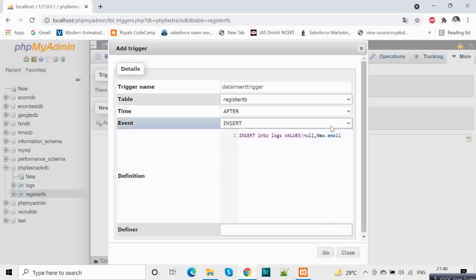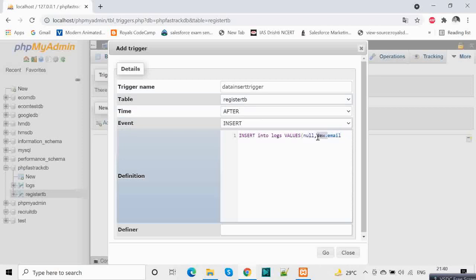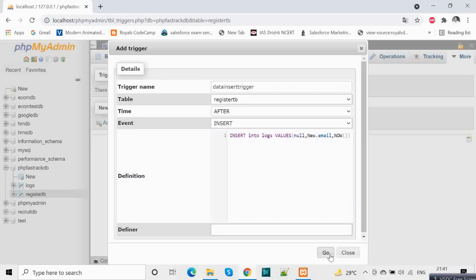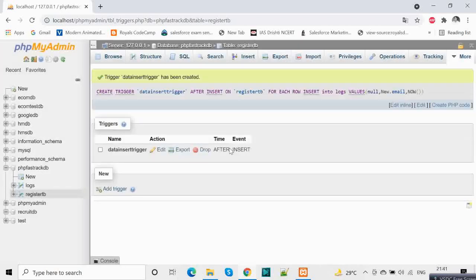This is new.email. The email field is from this register TB, and new means the record which is newly inserted. It will pick the email from that and log it in the logs. And the timestamp, when was it inserted, what is the date. So that's it: insert into logs values null, our new email, and now, which is the timestamp.